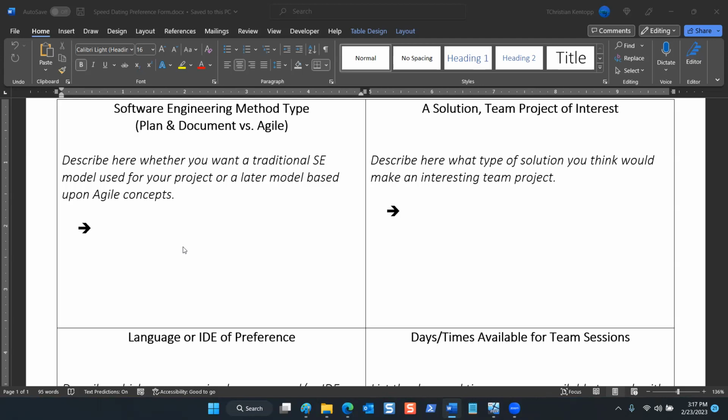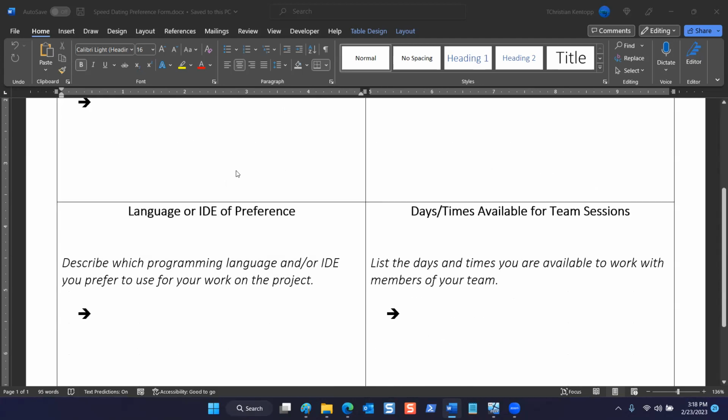So the goal is to see, is everybody on the same page? Are there two or three that care to do things differently? And that's what we want to catch today. After that, we'll take a short break. We'll rinse and repeat. We'll do the same thing again with the project of interest, and then we'll talk about language or IDE of preference, right? Integrated development environment of preference. So at this point, I'll stop